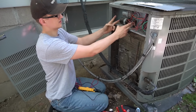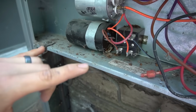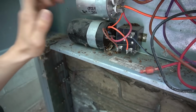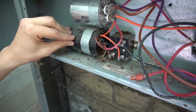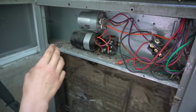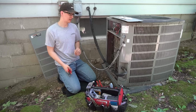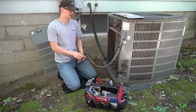And this here is a hard start kit, or a start capacitor with a relay. Most condenser units will not have this. Mine does, and that's only there for the startup when the unit starts. It helps kickstart it, and it's very rare that this thing is bad, so most likely you won't have to deal with it. Sometimes if you get unlucky in your electrical component, you're going to have a mouse nest, and those little critters, they end up